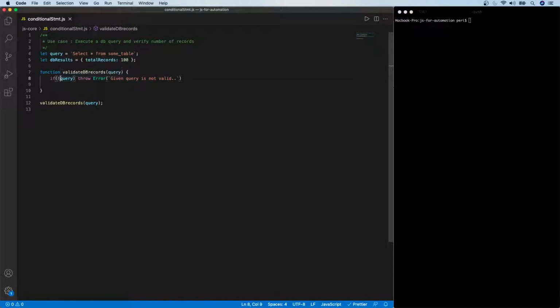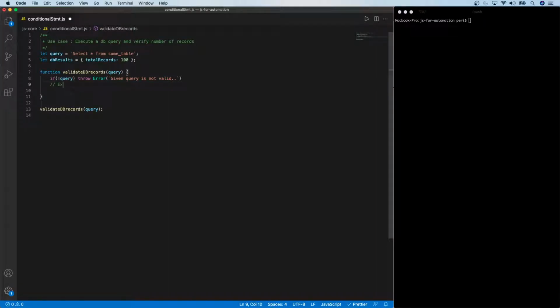Again, if you wanted to do something specific about it, if there is a query, which means this query is evaluating true, which means any of the true values except for those six, then do something as well. You can also do likewise. So we have now learned where we can use if and if not. And so obviously in a real-time use case, for example in automation, where we'll have to deal with some of the pop-ups and alerts, right? In that case, it could be an optional thing. Sometimes an alert may come, sometimes it doesn't come. So in that case, we can just put a condition: if the alert is displayed, then you click on it. Otherwise, don't do anything. So these are some of the examples where we can handle optional fields as well. So this is our first use case.